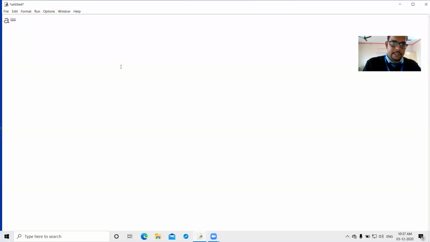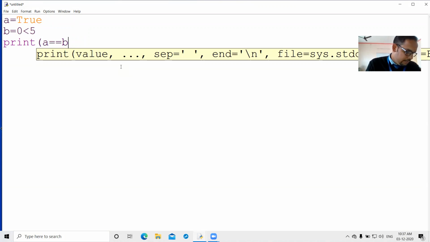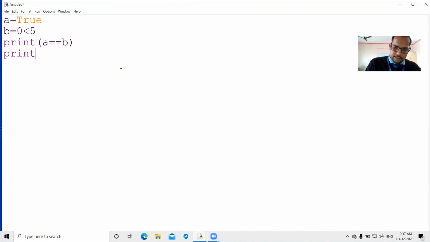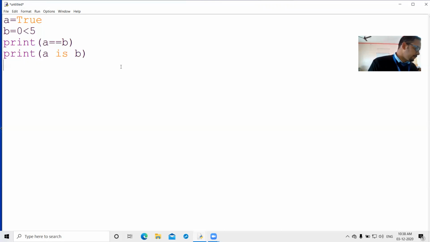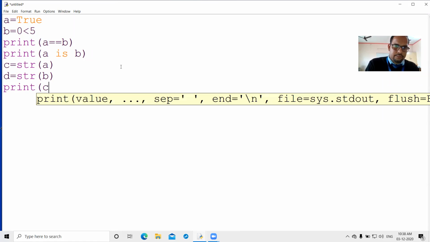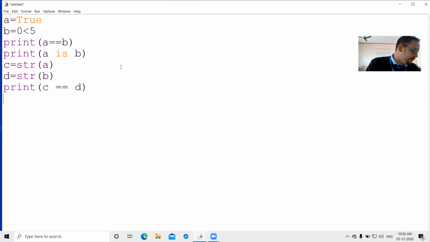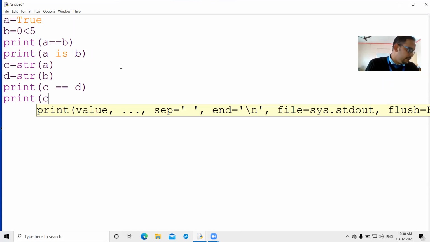Look at this. I think the question is: A equals True, then B equals 0 less than 5, then print A equals equals B, then print A is B. After that, C equals str(A), then D equals str(B), then print C equals equals D, then print C is D,